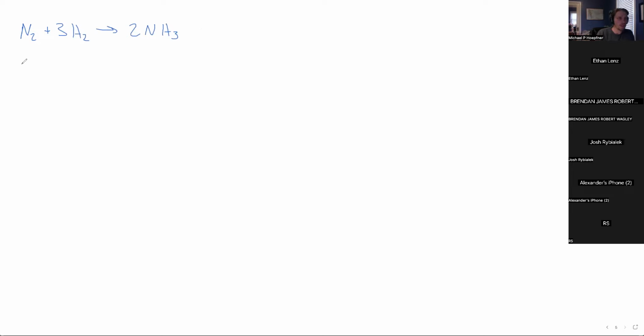The formation reaction is going to be 1/2 nitrogen plus 3/2 hydrogen going to 1 NH3, right? We're forming one ammonia molecule. This would have a delta H of formation